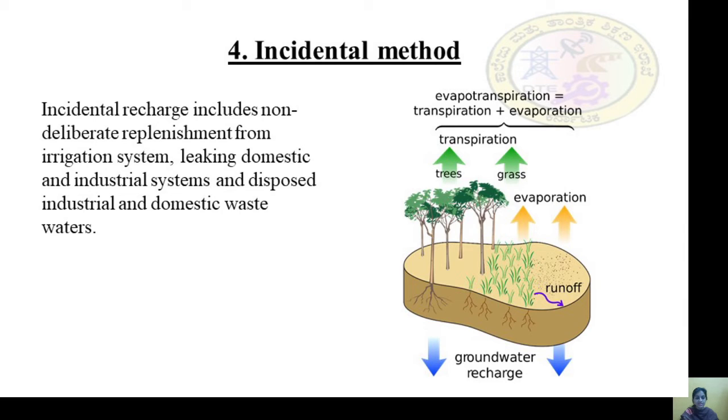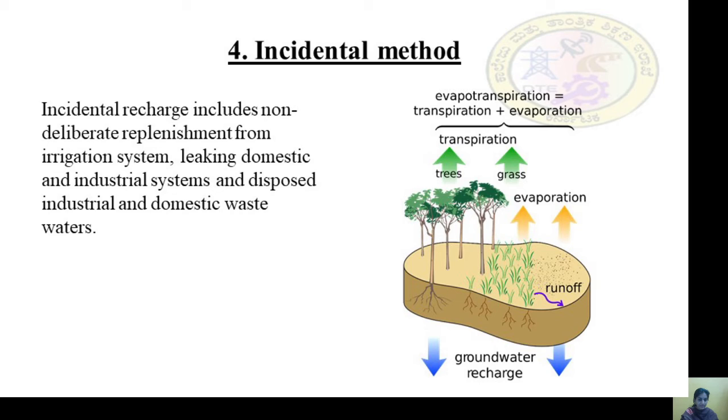Next method is the incidental method. So incidental recharge includes non-deliberate replenishment from irrigation systems, leaking domestic and industrial systems, and disposed industrial and domestic waste waters.